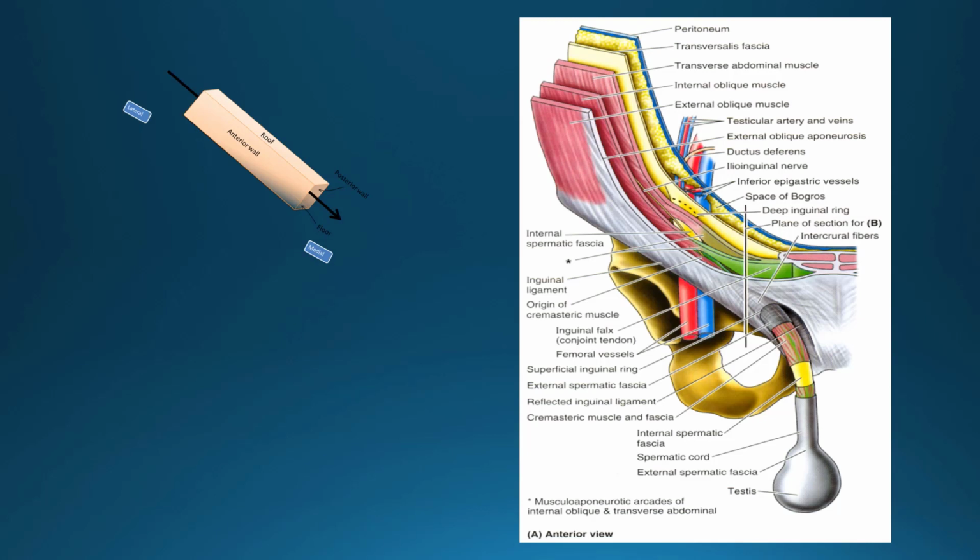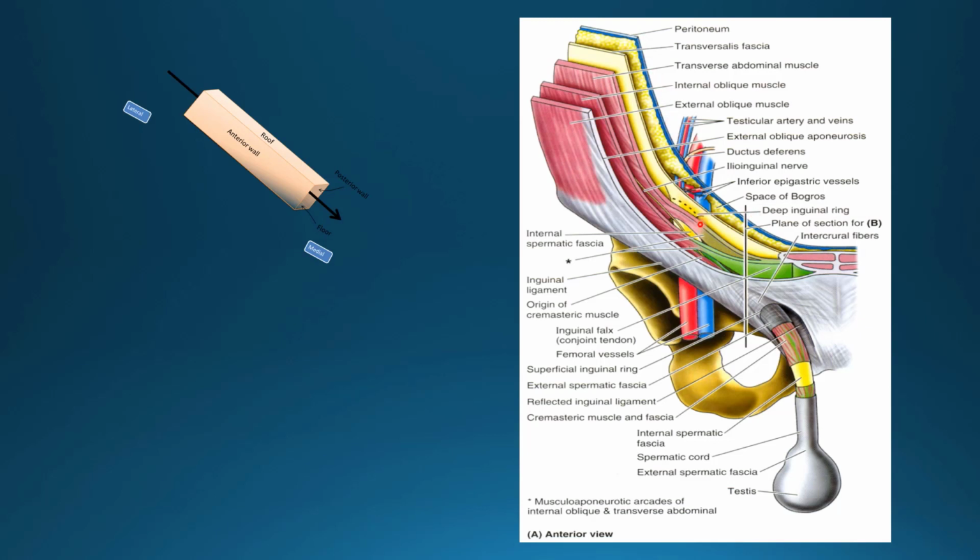Let us look at walls of the inguinal canal. This is one more picture showing inguinal canal within the musculatures of anterior abdominal wall. This is external oblique muscle with its aponeurosis. Inside to it, internal oblique muscle, transverse abdominis muscle, which are joining to form the conjoint tendon on the medial side. Yellow colored is transversalis fascia. Inside to it, extraperitoneal fat, and blue colored is parietal peritoneum.